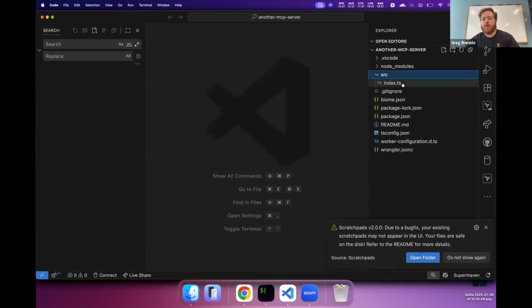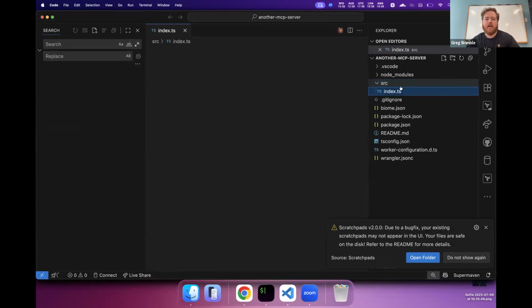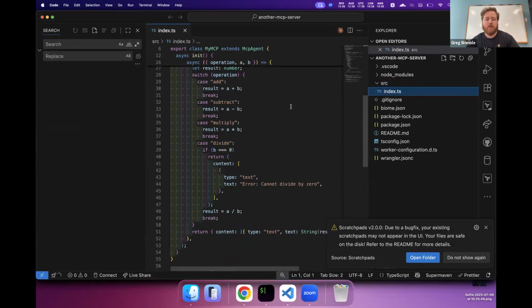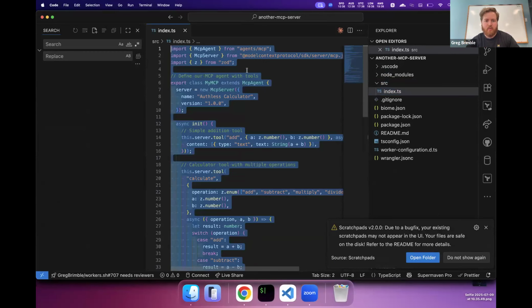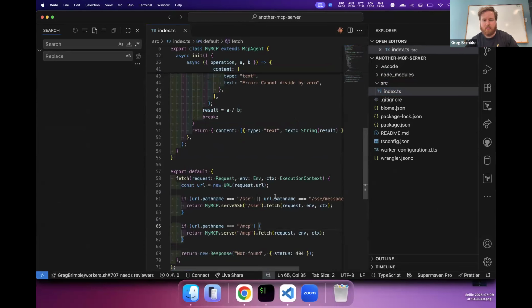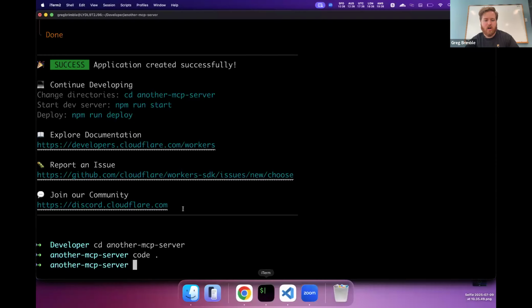The source folder has just one file in it. It's a super smart library. It does a lot of the heavy lifting for you. So in fact, in 70 lines here, we have an MCP server. Now, looking at code doesn't tell you a whole lot, but let's actually start this thing. So if I do npm start,